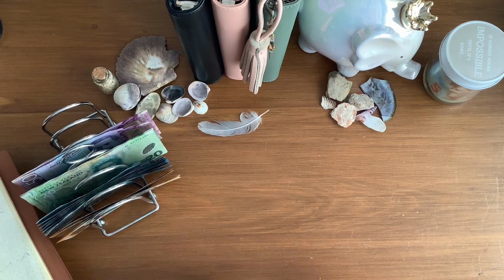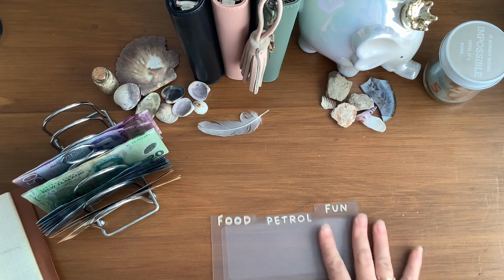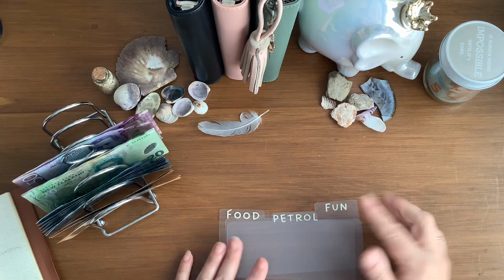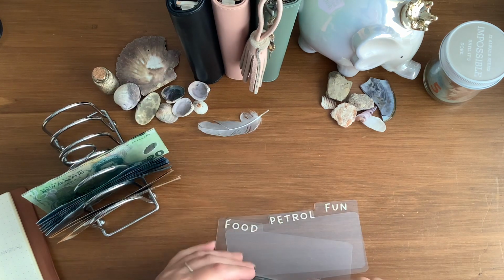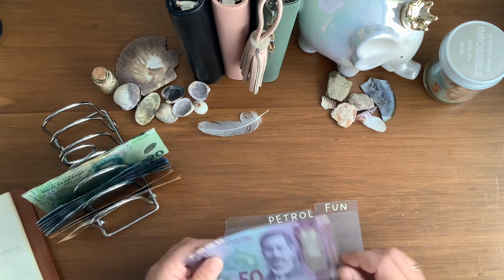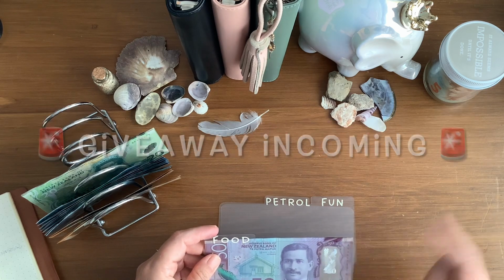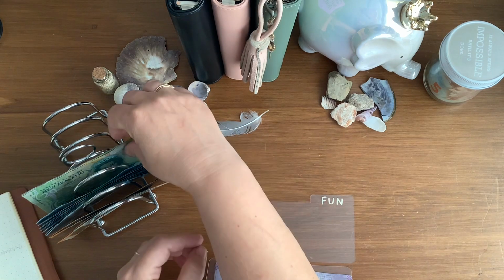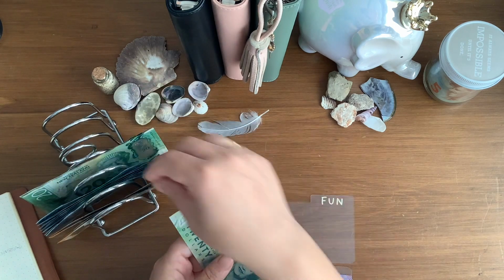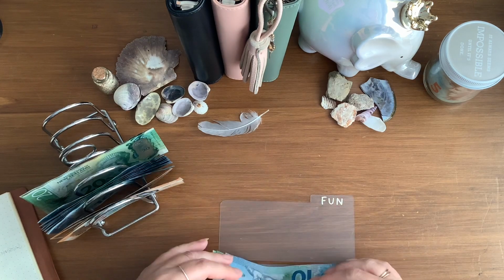I think that's going to go there today. Right, so let us stuff the wallet. I will give you an update on how I went with my travel and my spending there. But just for now, I'm going to put 150 into food. I usually put 170, but honestly, we've got a lot of stuff in the freezer and the pantry, so I really need to use that up. On the flip side of that, I know I've got some big things to buy, like pet food and 1 or 2 other things that end up being quite expensive. So 150 is the budget, $50 into petrol,